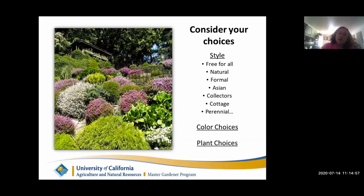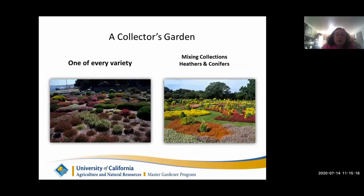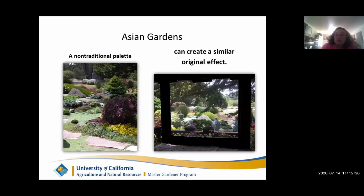And then on top of that, you have color choices and how colors work for us. And then there's plant choices. So there's a variety of gardens to create. Cottage gardens, perennial style borders, collectors gardens where there's one of everything or mixing of collections that work well together. Asian gardens, there are very formal structured rules for certain types of gardens, and sometimes we can take that effect